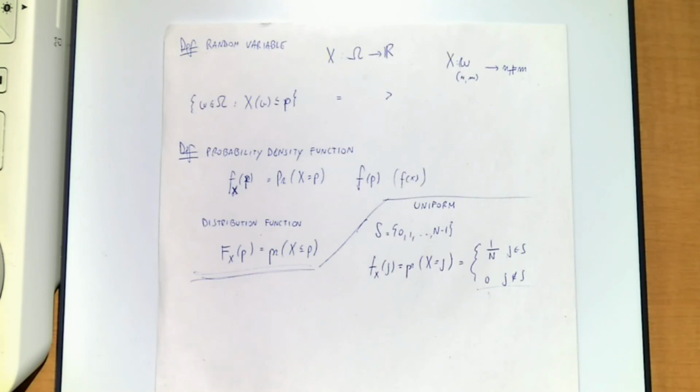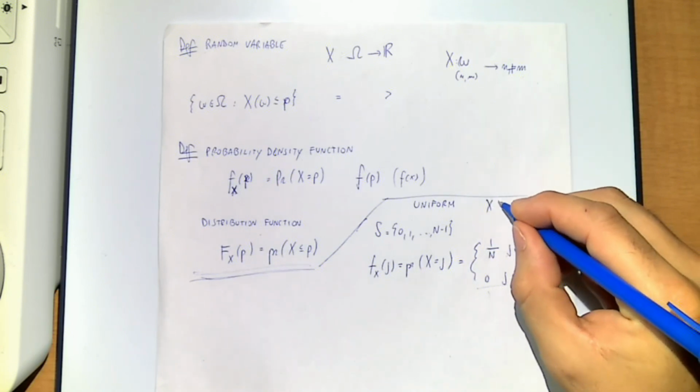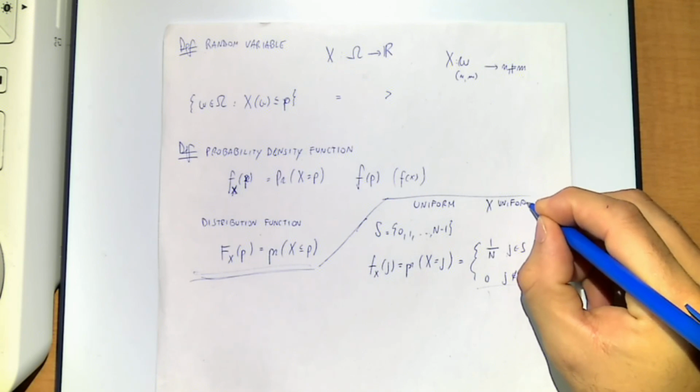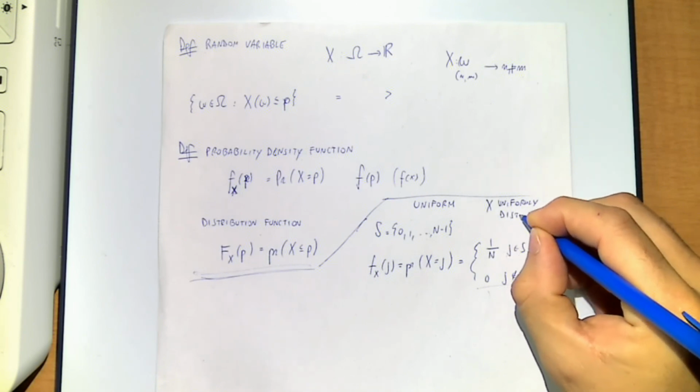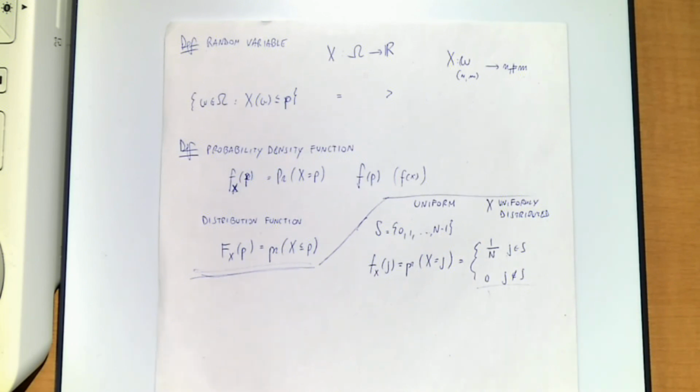This is the case, for example, of the fair coin, 1/2, or the single dice, and so on. With the uniform distribution, we say that the random variable x is uniformly distributed, or follows the uniform distribution. This is the 100% most important distribution you will get from probability, which is crazy, right?